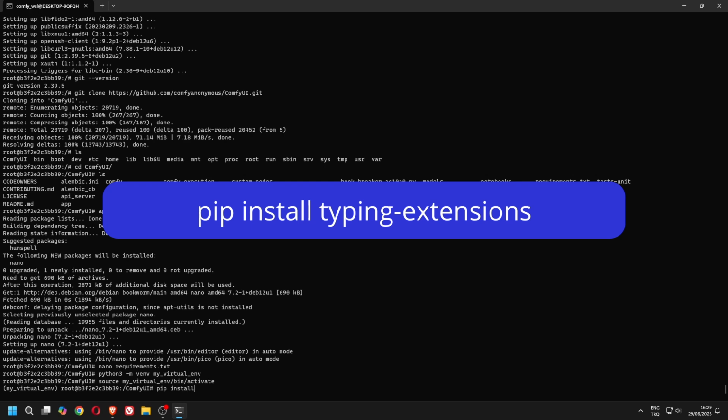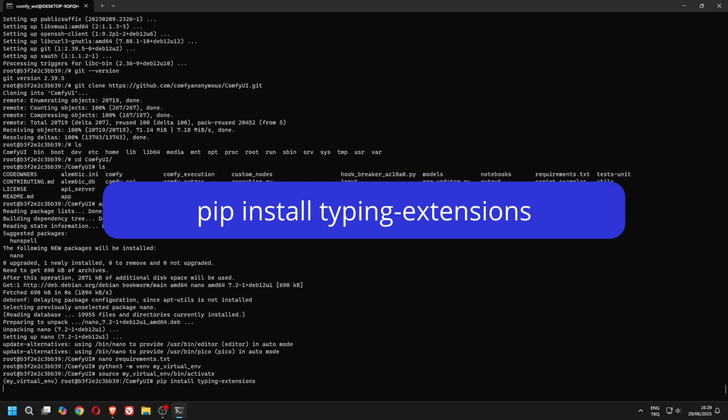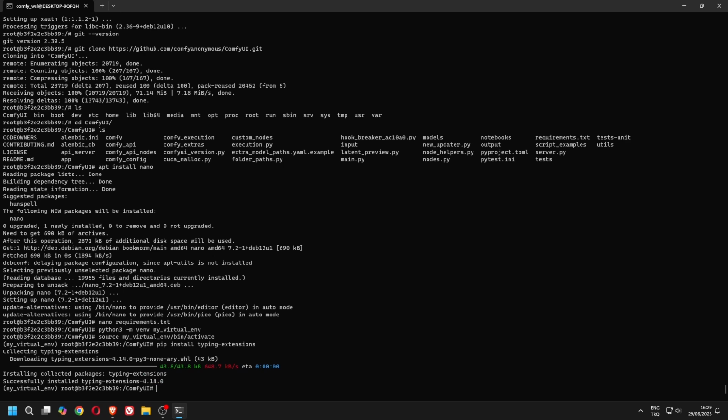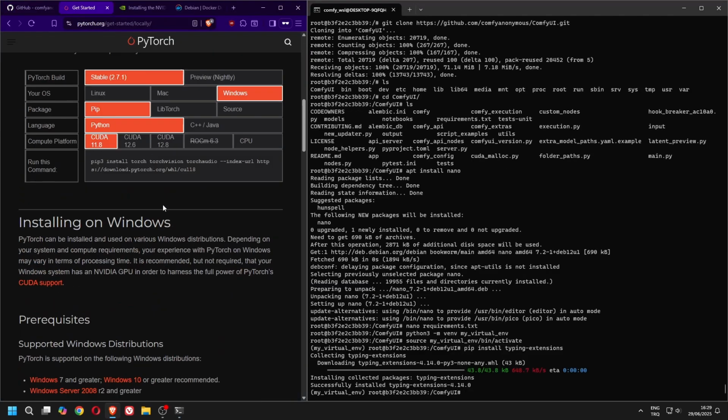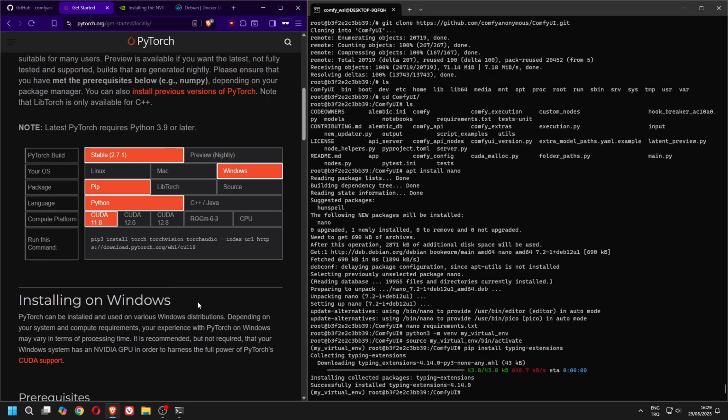Use this command to install typing-extensions. Now head over to the PyTorch Getting Started website. Make sure the orange boxes on the website match what you see in this video. You can change the CUDA version if needed, but for WSL installation, leave the other boxes as they are.